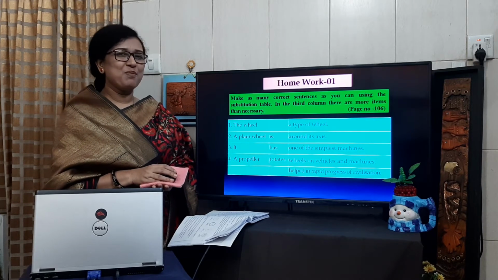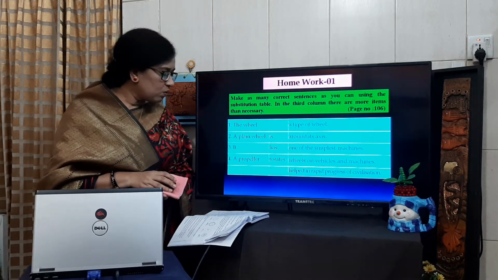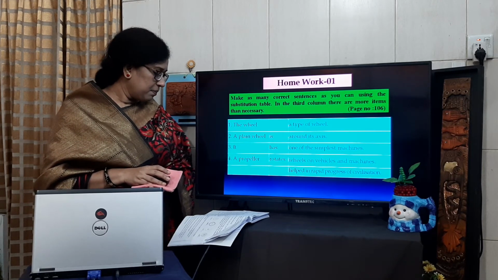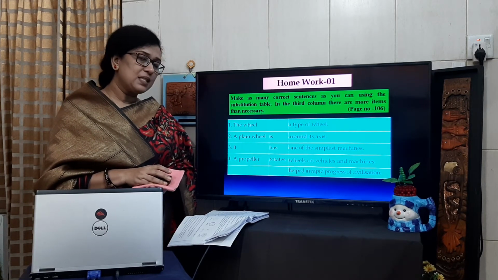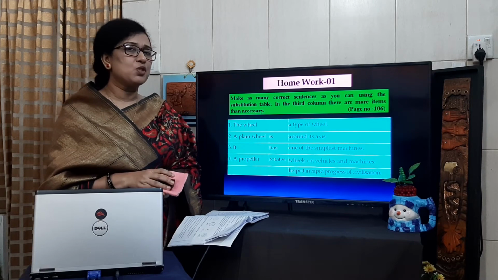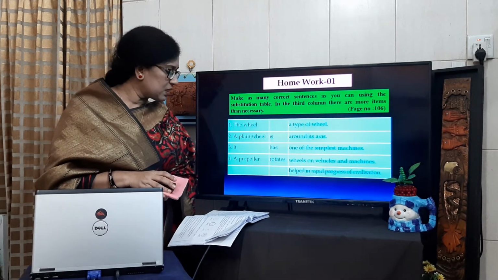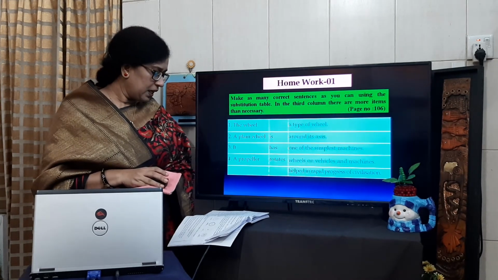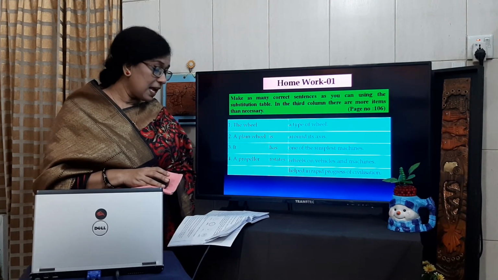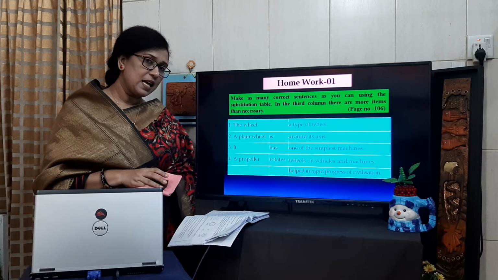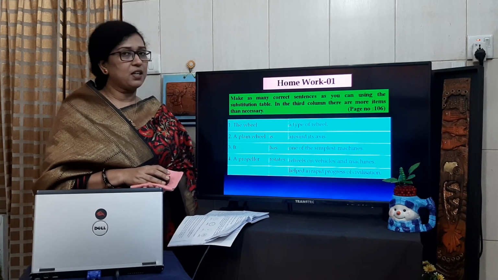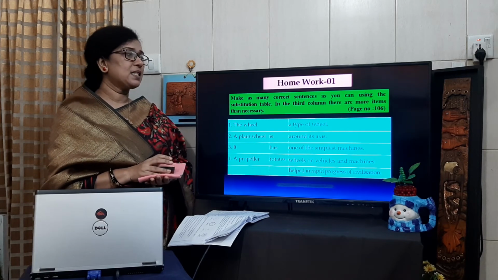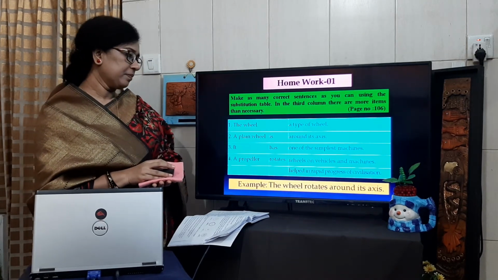And that is the time for homework. Now, also look at page number 106, and there is the matching. That means you have to make sentences from this substitution table, and go to page number 106, D number. There is the example, and you have to make sentences, as many correct sentences as you can. So, this is our homework number 1, and the second homework is